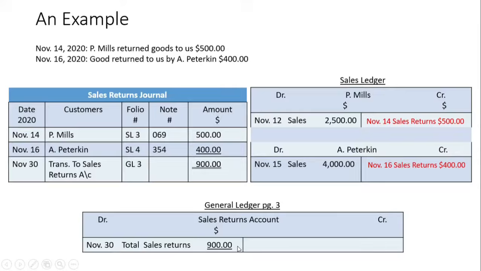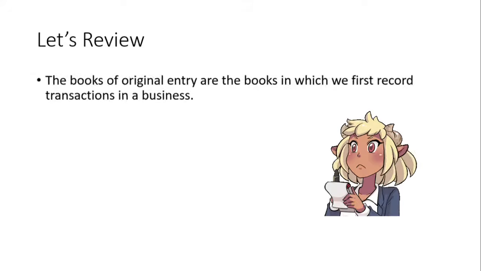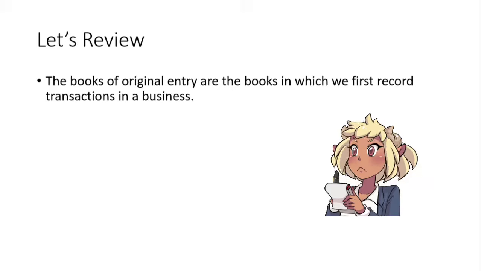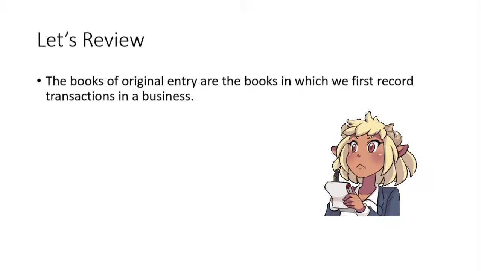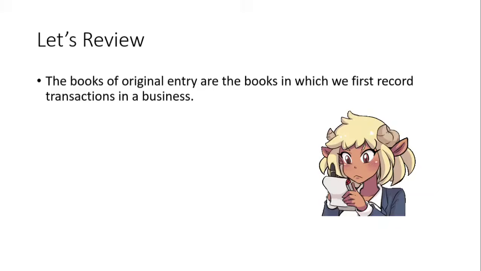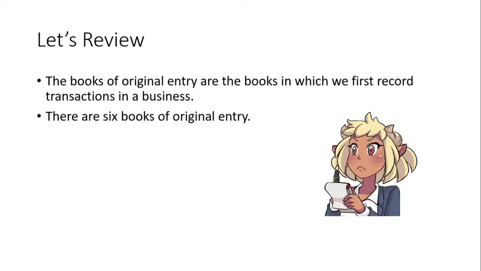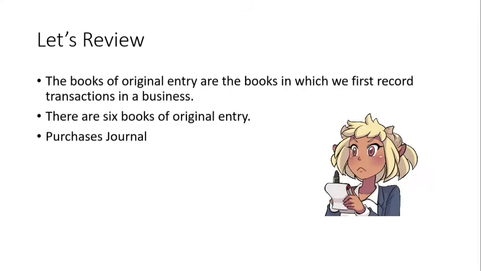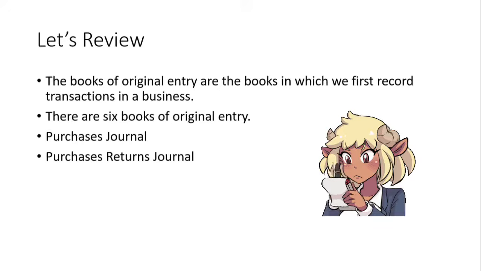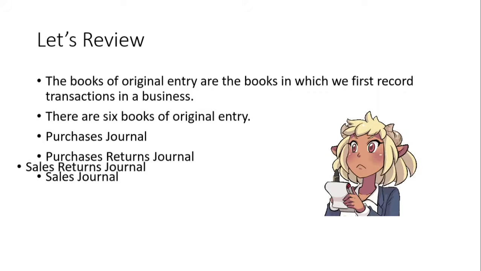All right, so let's review. What did we talk about today? So we spoke about the books of original entry, right? And they are the books in which we first record transactions in a business, and we said that each book has its own function, right? We also discussed that there are 6 books of original entry. We spoke about the purchases journal, the purchases returns journal, the sales journal, and the sales returns journal. All right, there you have it